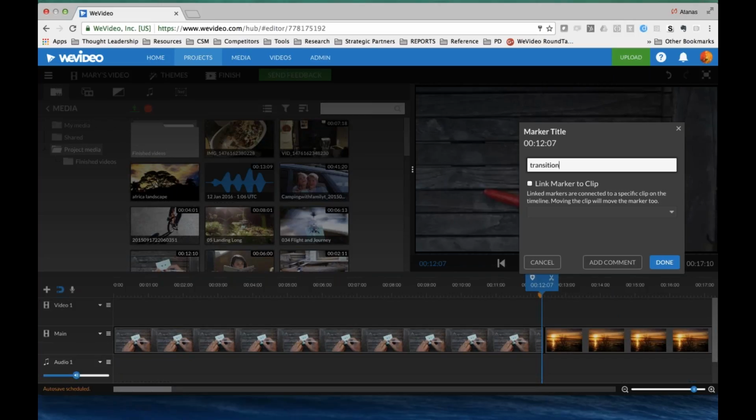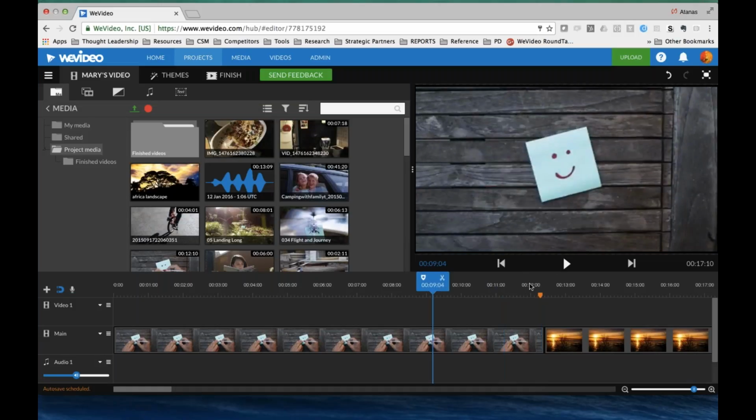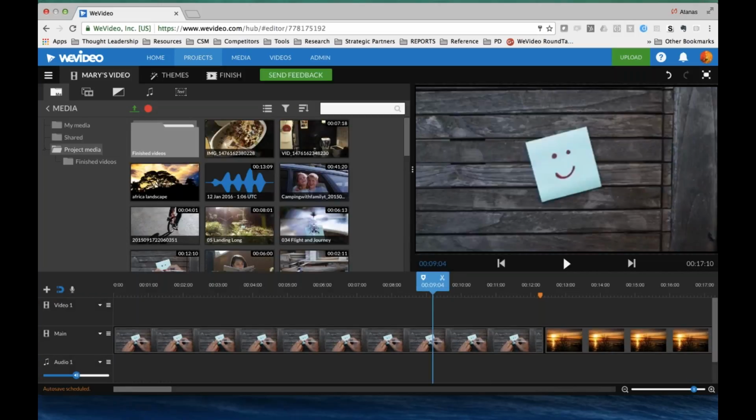And then I can add a comment, so we can have conversations about specific creative choices, very much like Google Docs. And then the next time the student logs into the editor, she will see this comment, and she can click on it. She'll see the note that the teacher left, and then she can respond, so we can have a great conversation about different choices.